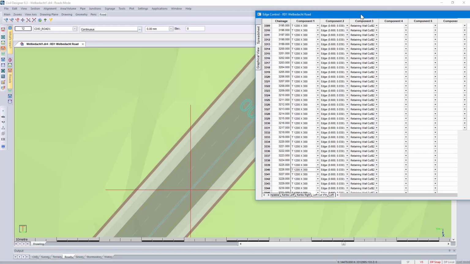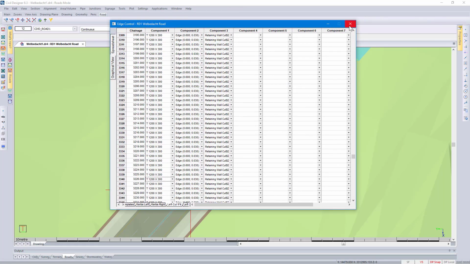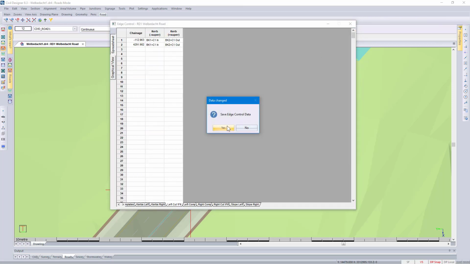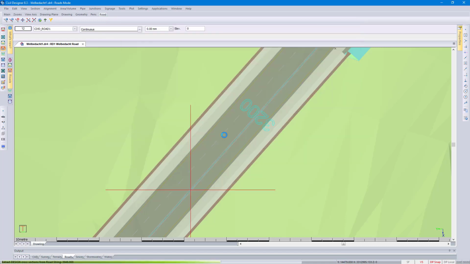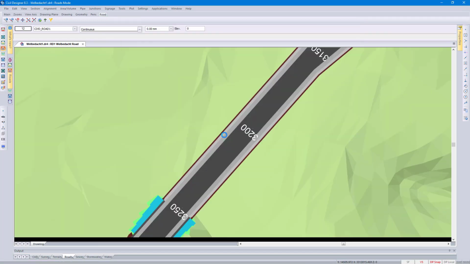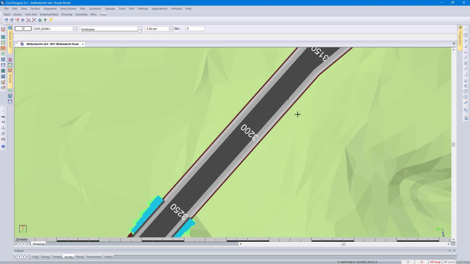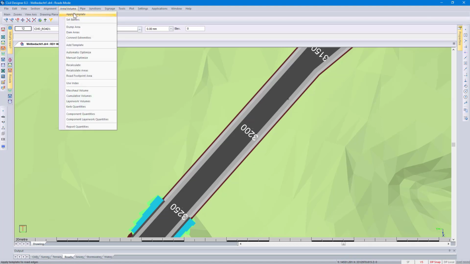Right, let's close the edge control spreadsheet, save it, and redesign our road. In doing so, you can see our design has been updated and we don't have the gabions on this side of the road anymore. Something I need to point out, if you go back to area volume and apply a template,